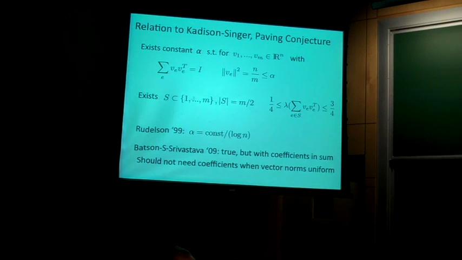If you take a look at Rudelson's random sampling, it would get you a statement like this, except it would need alpha not to be a constant. Alpha would be like a constant divided by log n. But it would exactly do this. Our statement does this for a constant, but we don't get a sum of the vectors. We have a sum of the vectors with some scaling factor.